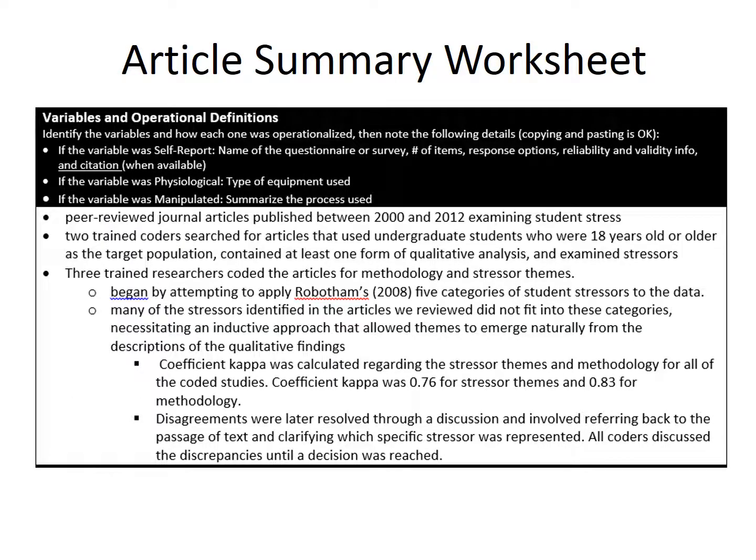The Hurst article is a little different because it's an analysis of other studies. We're still looking for the same information, though, an explanation of how they define the variable. In other words, how did they determine whether an article included information about the variable or variables? In APA style, information about how the variables are defined is usually in the method section, so we can start